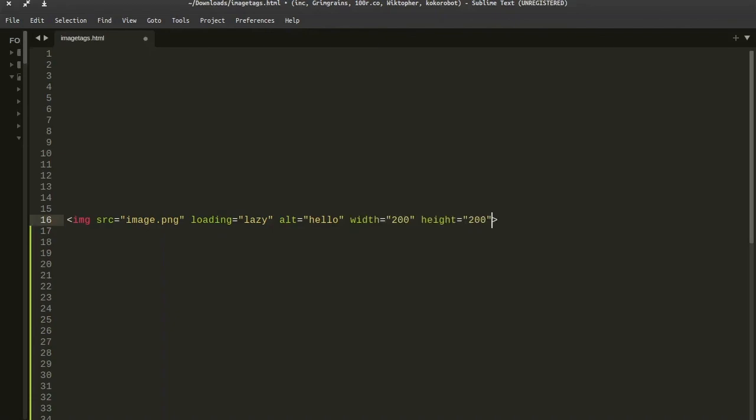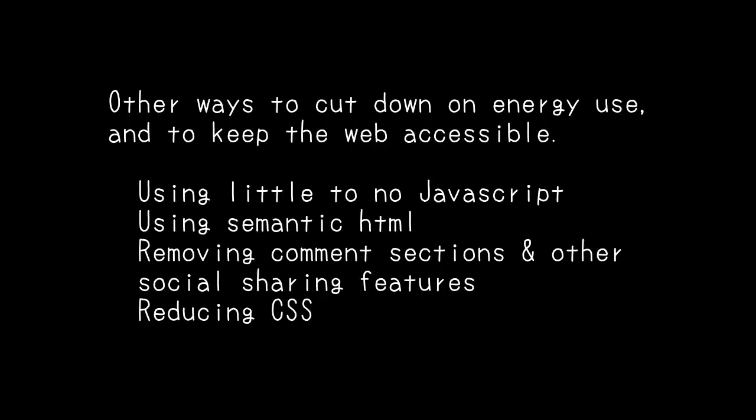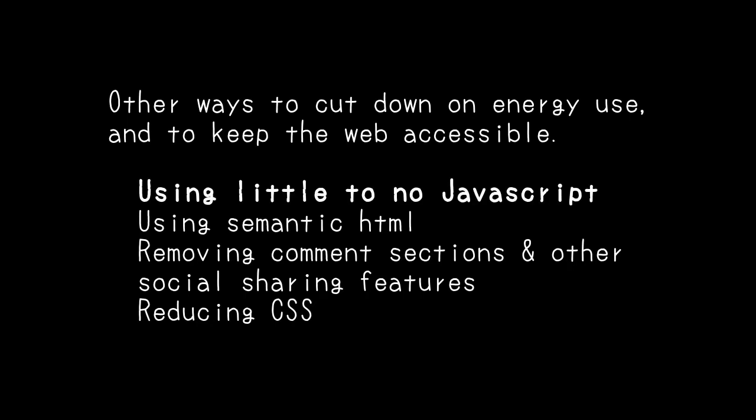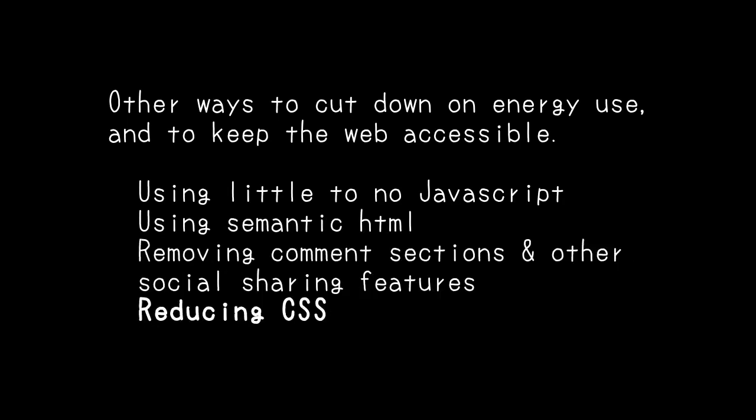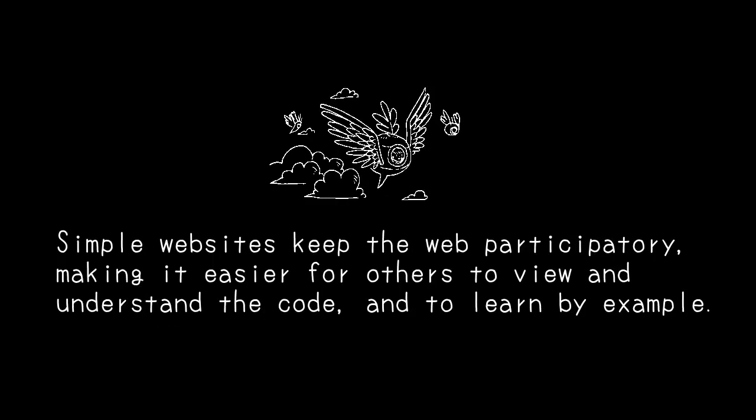There are many other things besides optimizing images that can help reduce energy use while keeping the web accessible to all, like using little to no JavaScript, using semantic HTML, removing comment sections and other social sharing features, and reducing CSS. Simple websites keep the web participatory, making it easier for others to view and understand the code and to